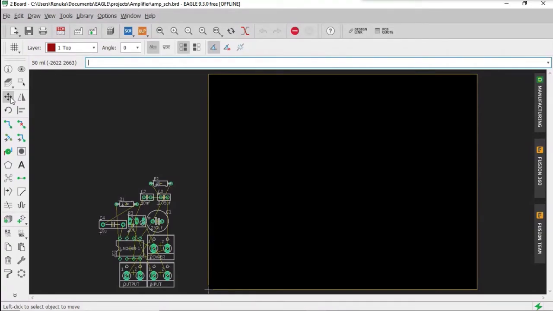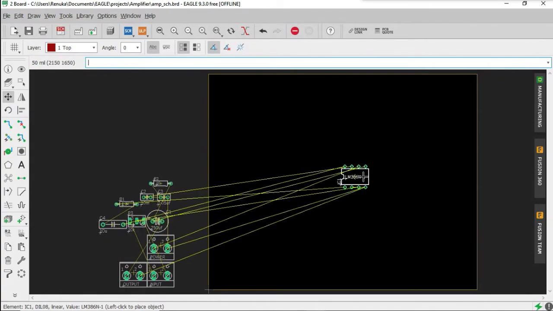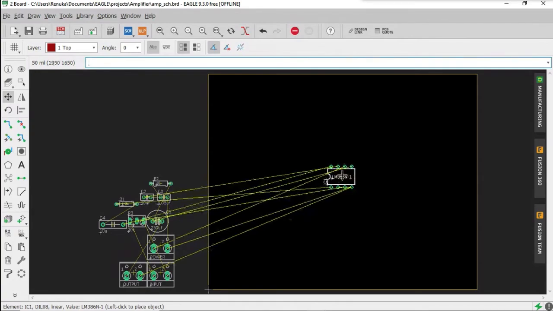Just click on option move and select the component which you want to move. Suppose I want to move this audio amplifier. I will click on the audio amplifier. You can see that it is being highlighted compared to other components. So once you select the component, you can drag it and place it onto your board.